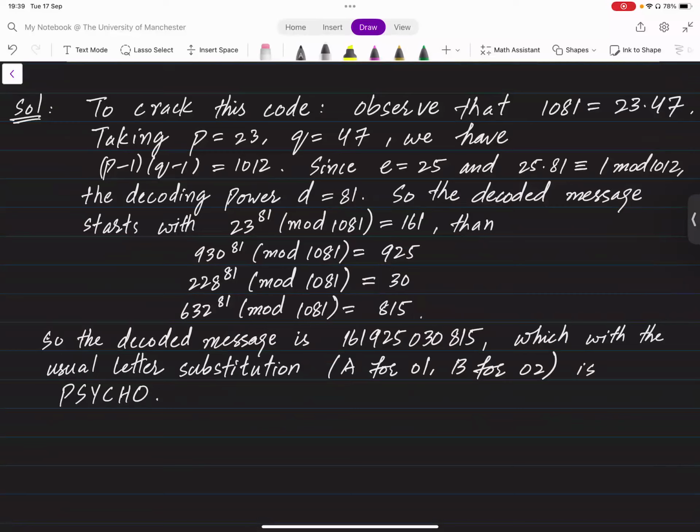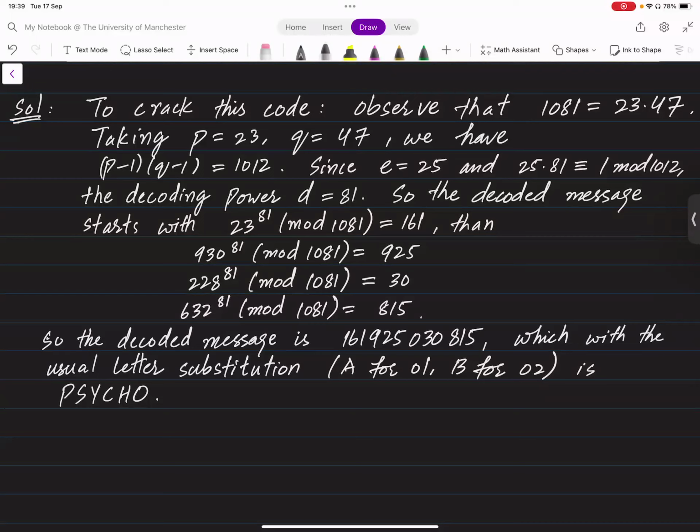That's why we choose large primes, and then their product is again very large, and it's very hard to even guess those primes, and then hard to find these